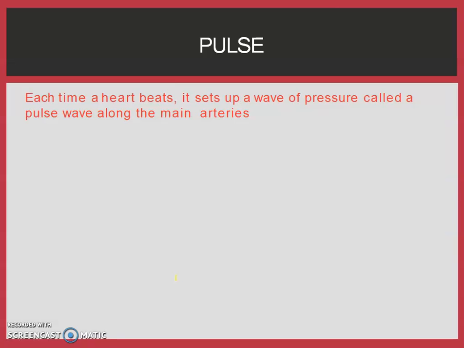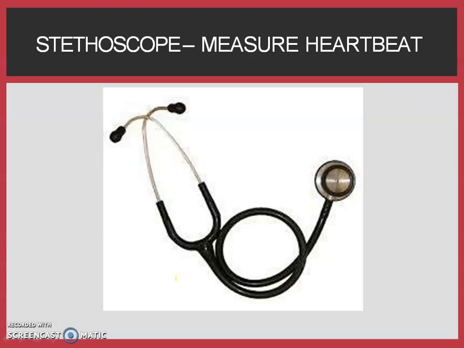Then, what is pulse? When you touch your wrist, you can feel the pumping of the heart, the relaxation and the beating of the heart. This heartbeat sets up a wave of pressure in the artery. This is called pulse. It is equal to the heartbeat and can be measured with the help of a stethoscope. It is almost 72 times per minute in adults. The rest, the lymphatic system, we will teach in the next period.